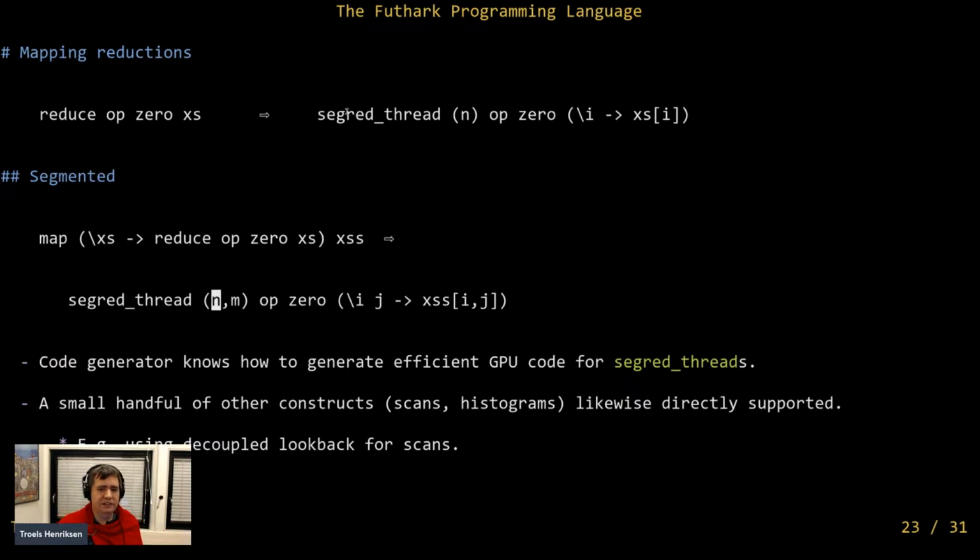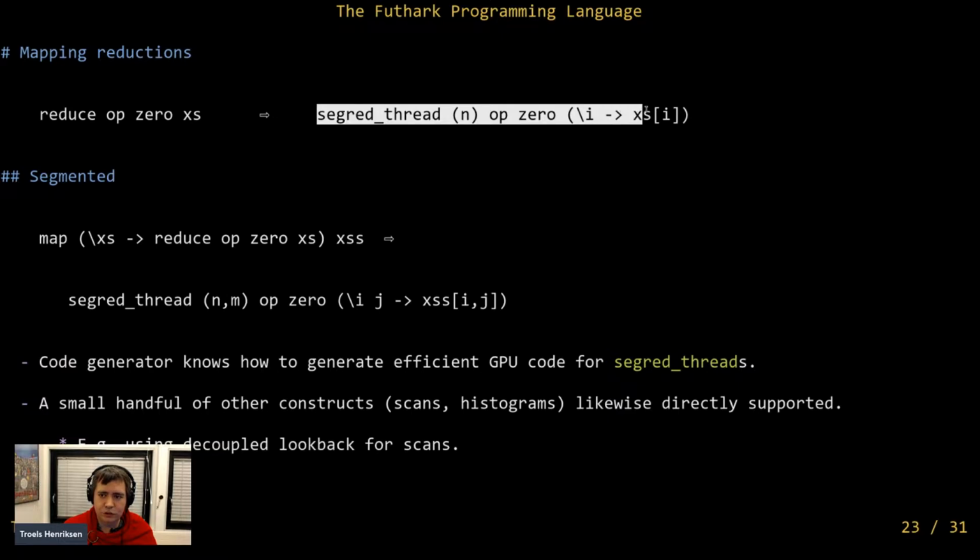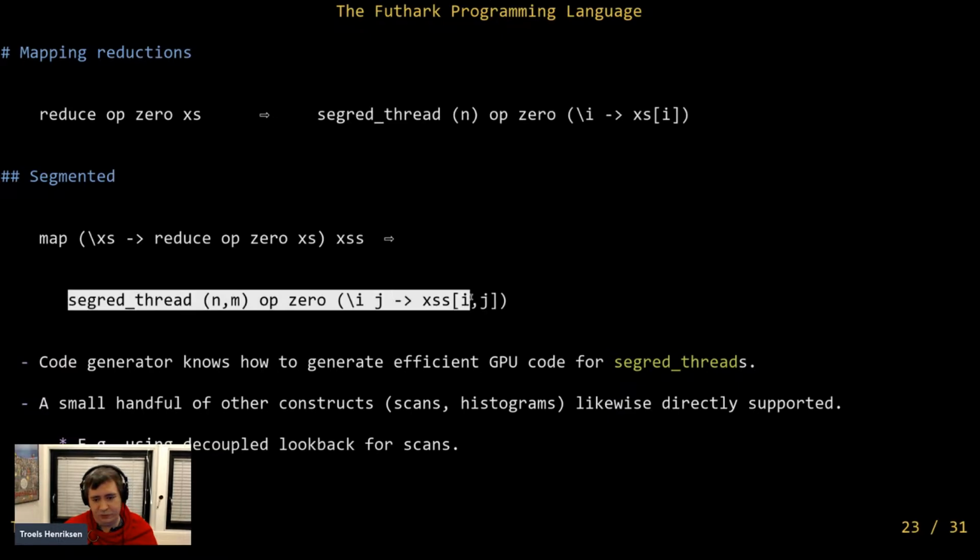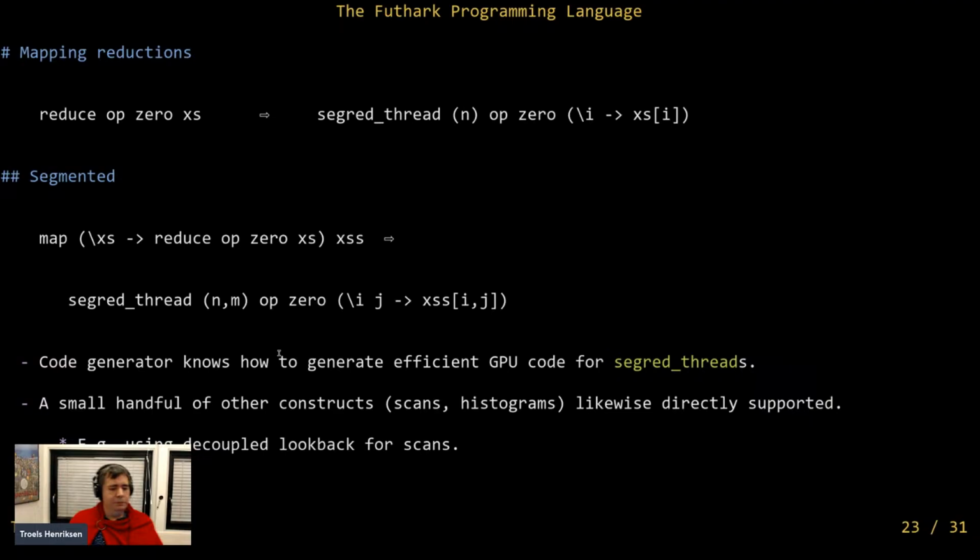And that's what the seg part of all these constructs means, that you can have any number of batches on top, and the code generator will know how to turn that into efficient code. Now, the way that you turn this into a good GPU kernel and the way you turn this into a good GPU kernel are actually quite different. So those are completely different code paths for these two cases, because this is a batched reduction, this is not a batched reduction. But this is ultimately essentially hard coded into the code generator. And there's a small number of these constructs that the compiler knows how to handle, like 4 or 5, depending on how you count, and they do the best they can. Like for scans, it's the fancy decoupled lookback, depending on which GPU backend you're using. We also have a really fancy way of handling histograms and such, but that's just a small handful of these.